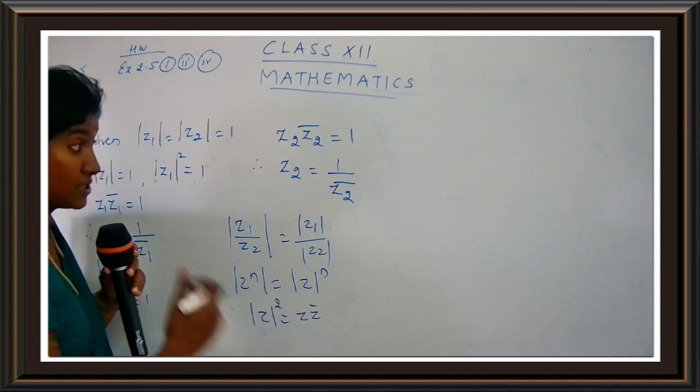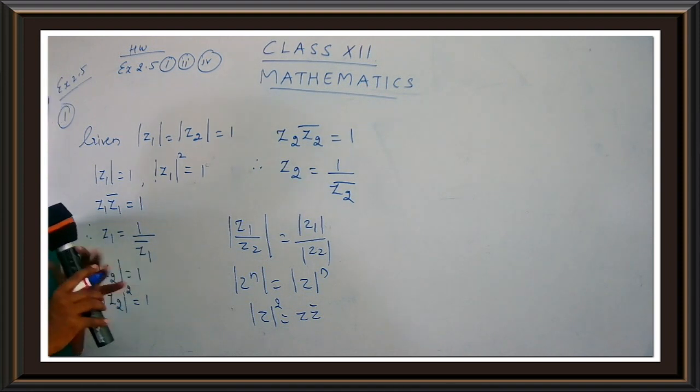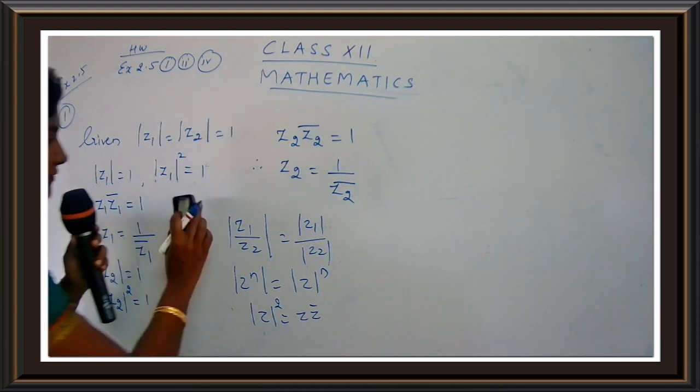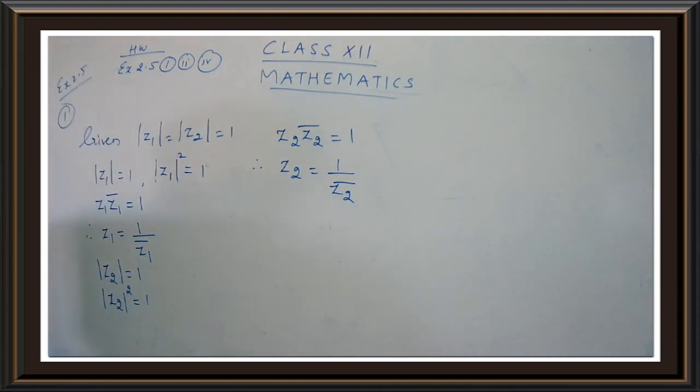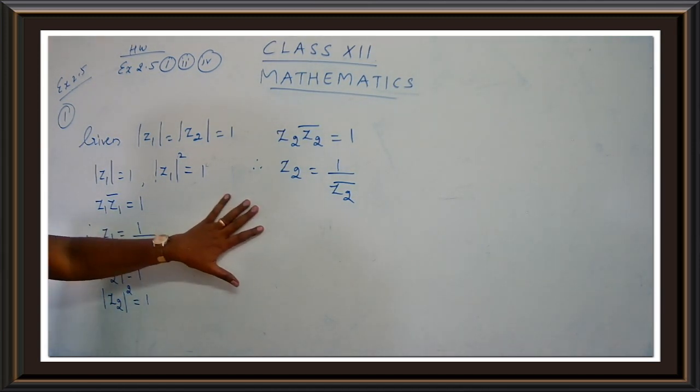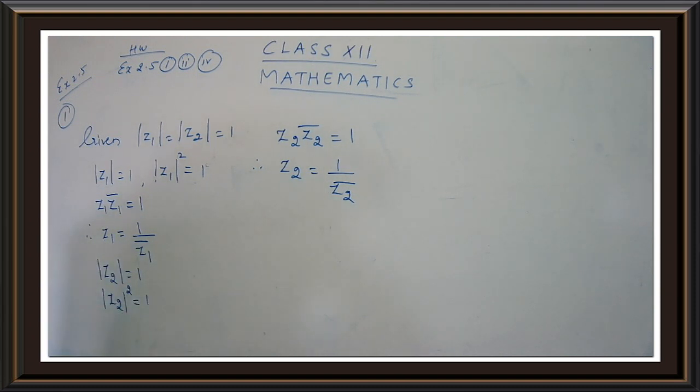Okay, so what we have done, we have just found out the value for Z1 and Z2. Clear, children, till here? Are you clear till this point? Okay, good. Now let's continue. So you are going to take down the question part. What is the thing you are going to show it is real?